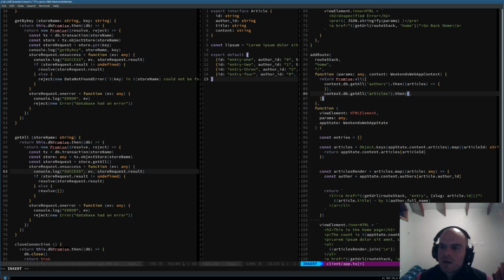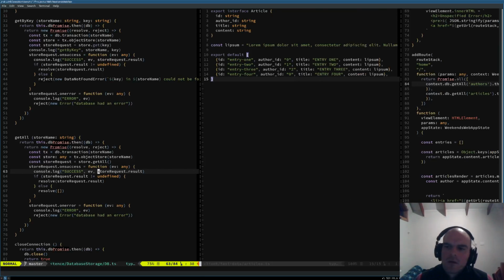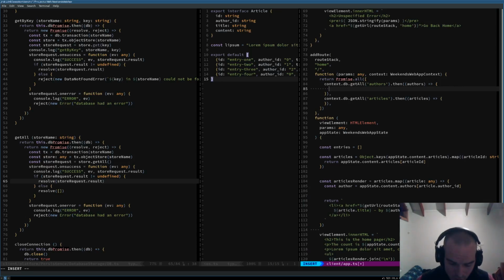So then authors, oh, I've got this the wrong way around. Articles, like that, and then authors on this one. And you can see over here that these are just in shape. So we should be able to just iterate over all of these and just chuck them in. So if we were to do something like authors.forEach,